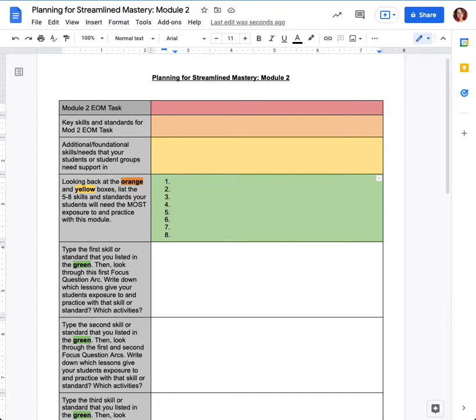Friends, this is the training that I'm sending out right before Thanksgiving. I know that this kind of looks like maybe a lot, but what I'm hoping is that doing this work now is going to help us streamline the remainder of Module 2 so that we're being super targeted with the skills that students are being exposed to and having time to practice with, so that you